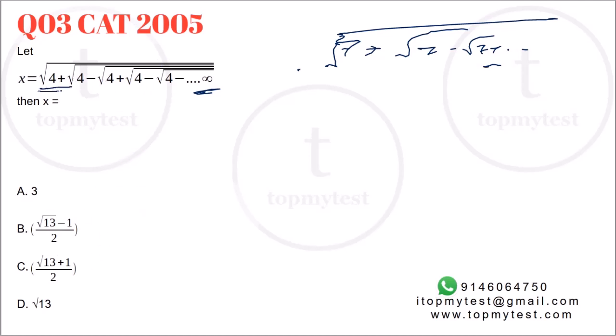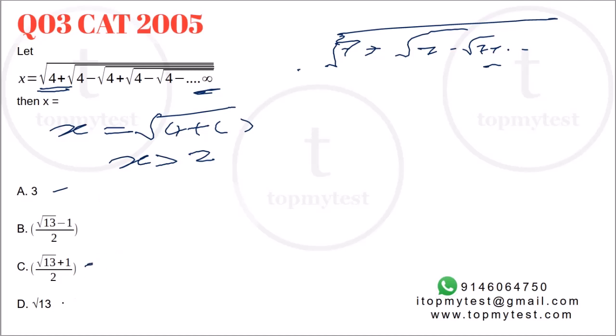Okay, so if I take the first term, the value of x will be square root of 4 plus a positive number, which means the value of x has to be greater than square root of 4. Square root of 4 is basically 2, so the value of x is greater than 2. Now we'll have to figure out the value of root 13, but other than that, the other values are known to us. This is more than 2, this seems more than 2, this is more than 2, this is something which will be a tie. One of them might be eliminated. Let's figure that out later on.